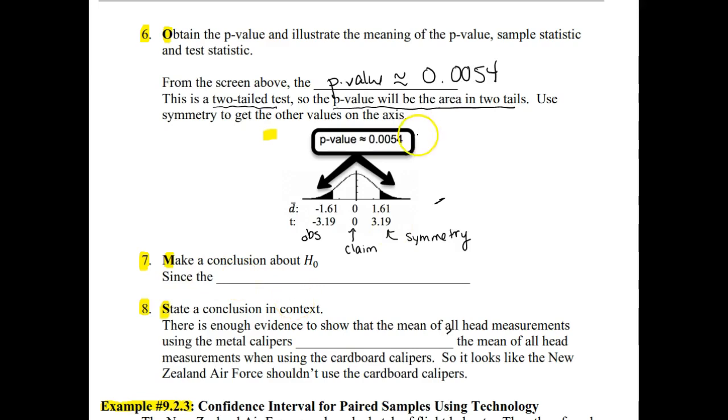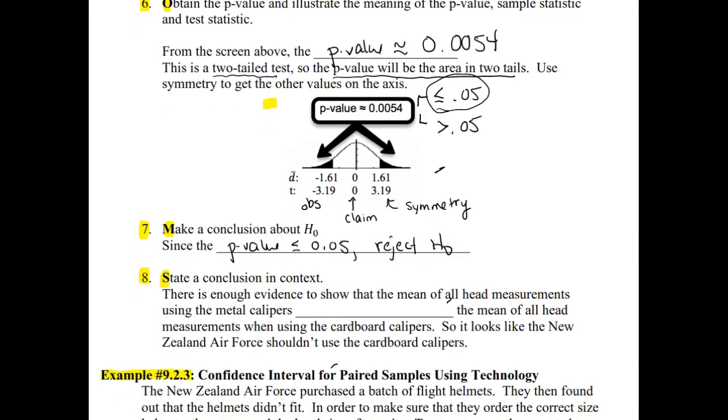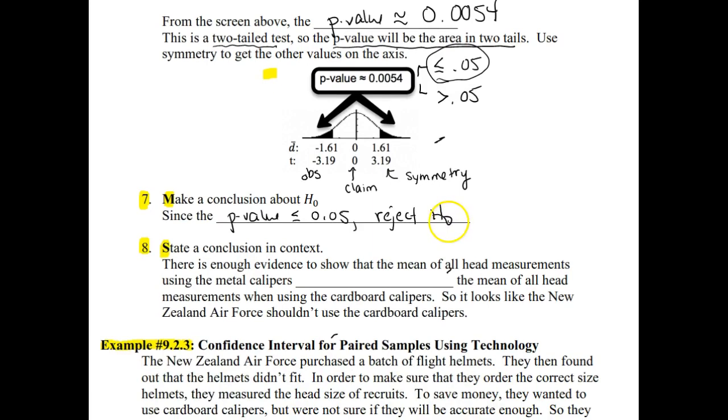So our conclusion is the same as what we've had before. In this case, our level of significance was 0.05. So our p-value is either less than or equal to 0.05 or greater than 0.05. In this case, it's definitely less than or equal. So since our p-value is less than or equal to 0.05, we reject H0. And if we reject H0, that means we want to conclude HA, which, if we go back to the context with the two groups, said that mu1 differed from mu2. And now we're just going to put the context in here.